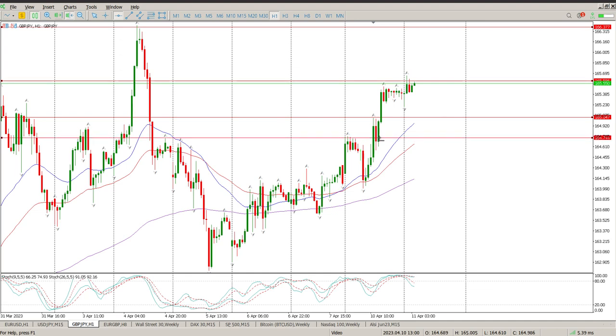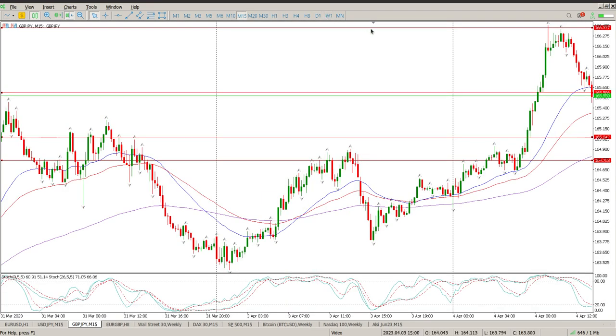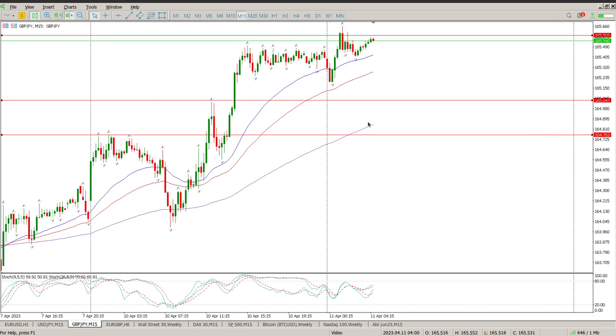If that gives way, then I'd be looking at the next level, which is down here, which is 164.763. Just pay attention to the 50 minutes again. That's probably where you're going to see your structure. But if you look at everything that happened yesterday, this is a very strong area of resistance at